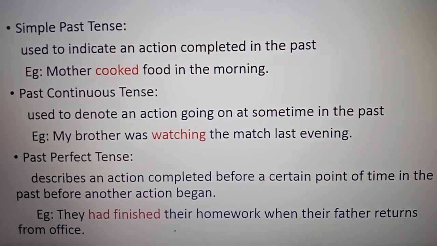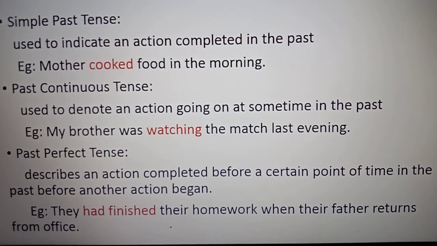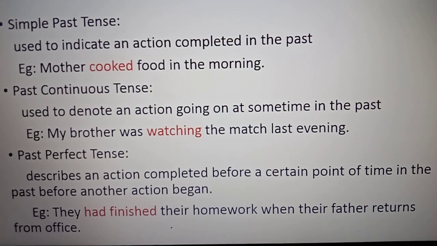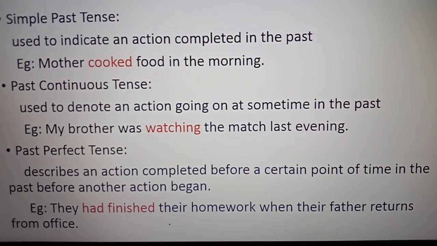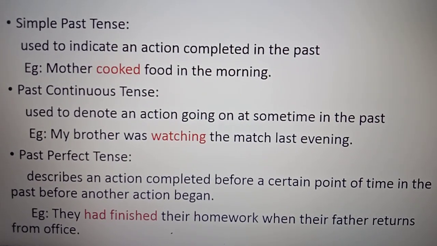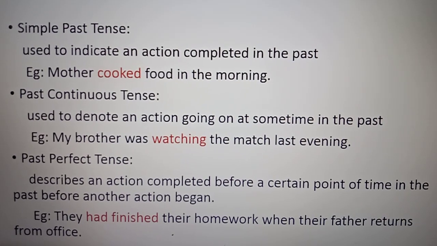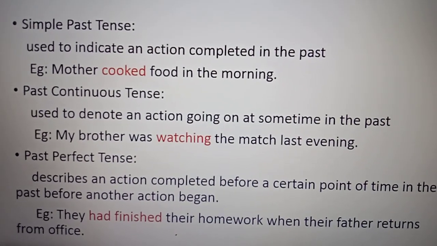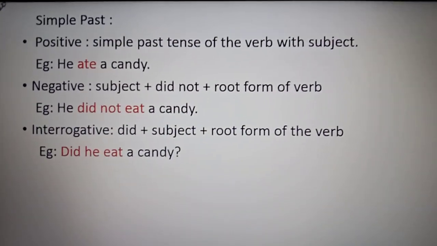Got it? The rest of the sentence is the same. Subject plus had plus verb in past participle form plus the object. Got it? This is the form. I'm telling it orally. Please listen to my lecture again and again and write down the form also in front of that. Got it? If you have any problem, you should ask me. Yes, so this is the thing.